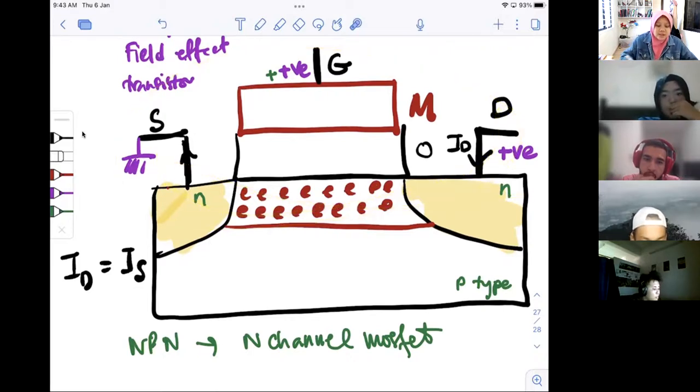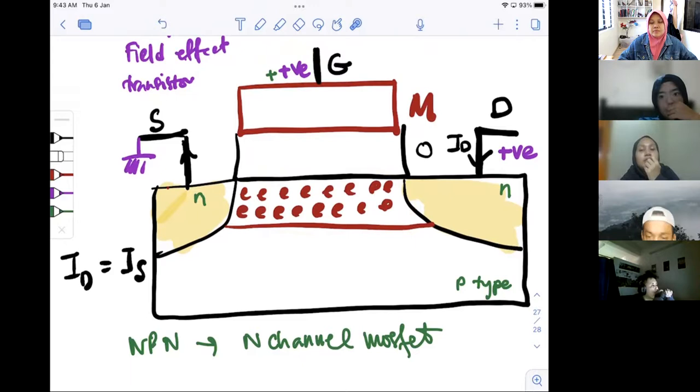Okay, now my question is, I increase the voltage here. Does this affect my ID or no? My drain current. I think the ID will increase. Why? Same goes with IS because the number of electrons increases. Okay, good. So the answer is